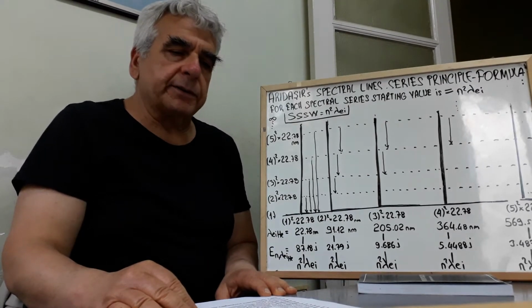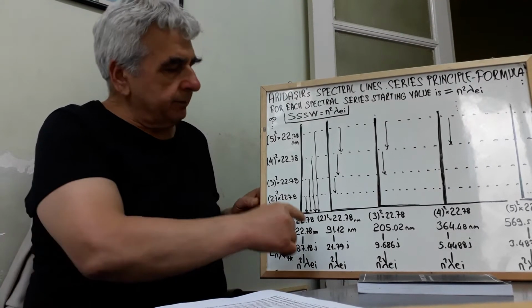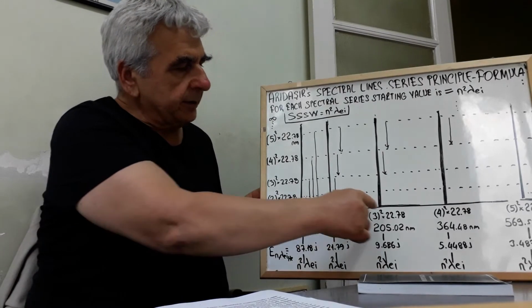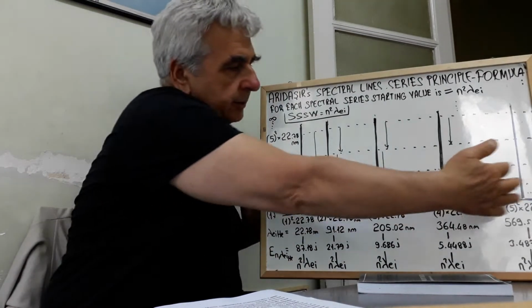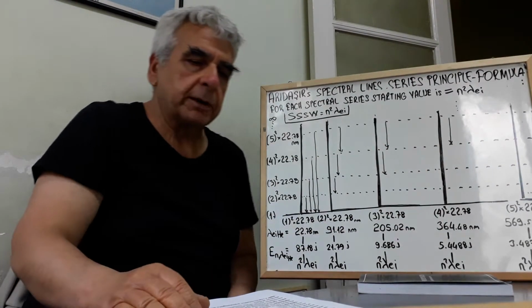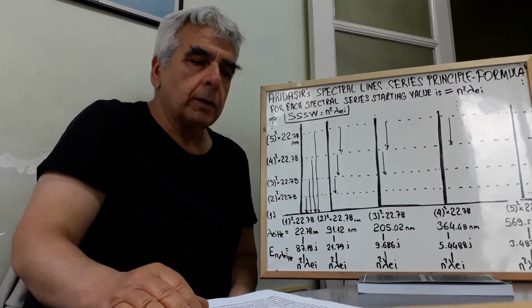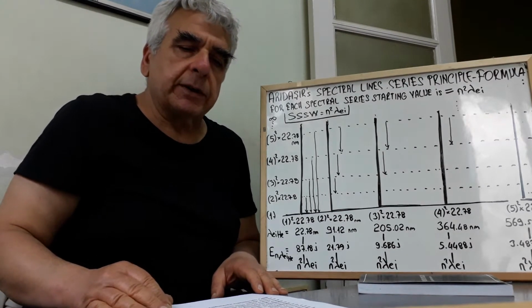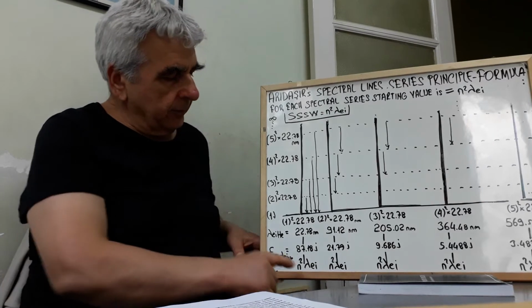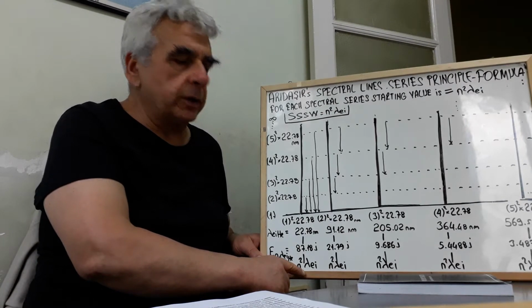All spectral series starting value is this. This is spectrum. Remember, all spectral series starting value is equal to n square